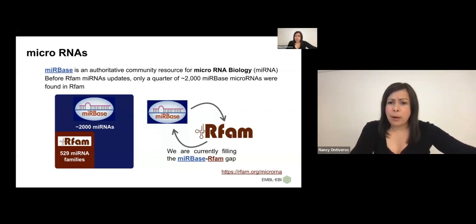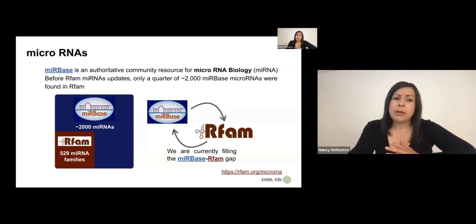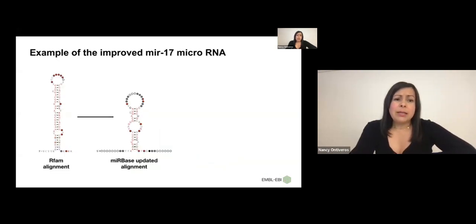By the time that we compared both databases, miRBase, that is the microRNA database, versus what microRNAs were in Rfam, we had around 40% of the amount of microRNAs that miRBase was representing. So by now we have around 1,500 more microRNAs in Rfam, but an important thing is that we are also reviewing the microRNAs that we have in the family. So this is an example,